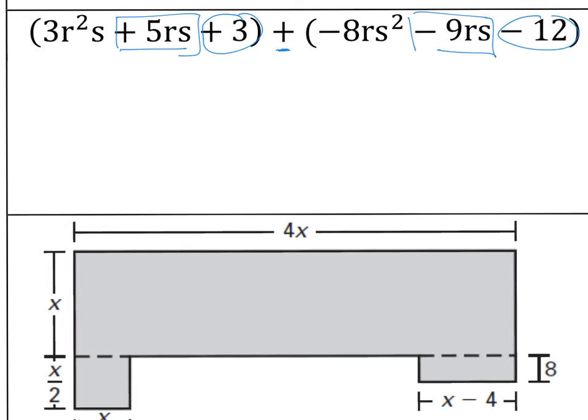So we can go ahead and rewrite this: 3r squared s minus 8rs squared, and then we could take this 5 minus 9, which makes -4rs, and then add the constant terms. Plus 3 minus 12 makes